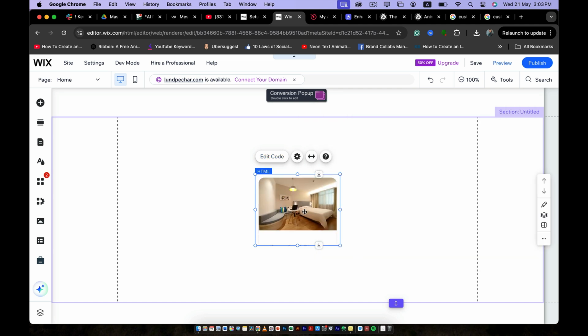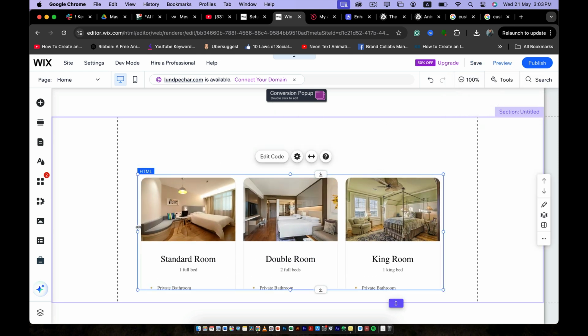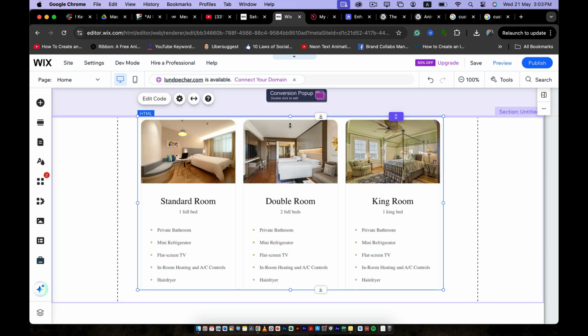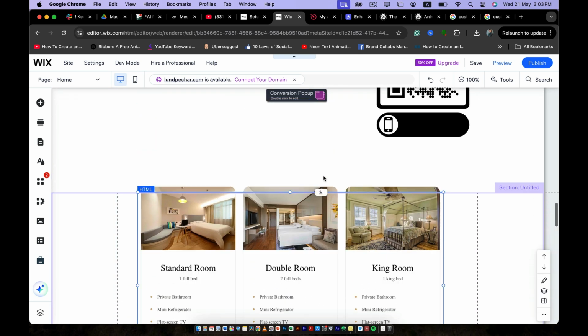So we have embedded this code, and once we save and click preview, we can see it, and we can see it from right here as well. Here you go. It was as easy as it is. Here you go. We can just resize it later on and format it, but this is the main way to